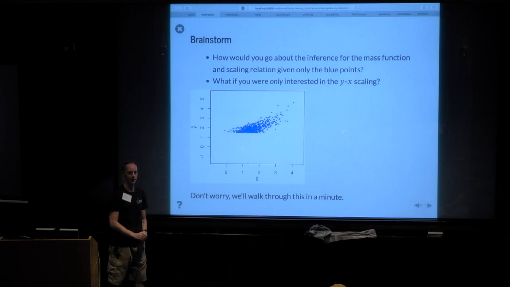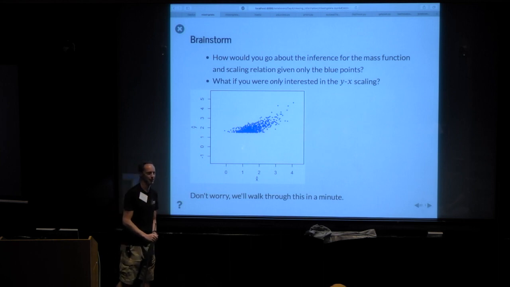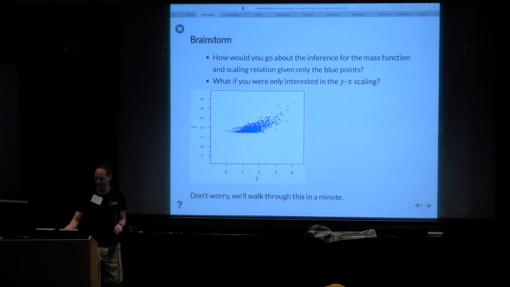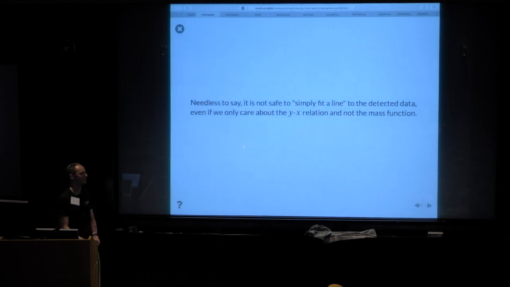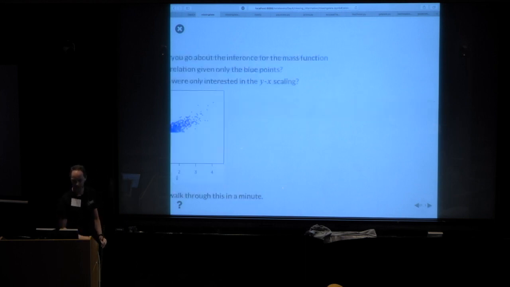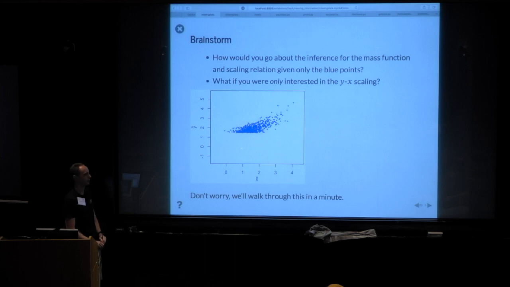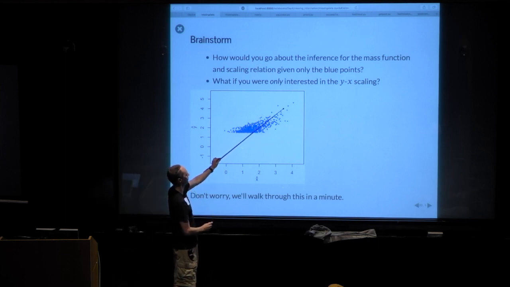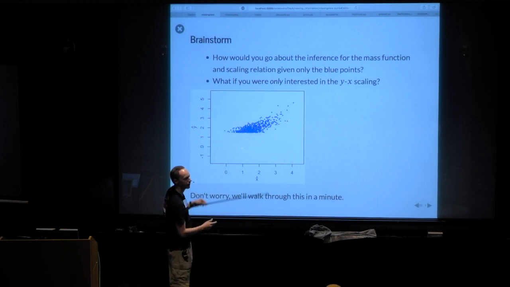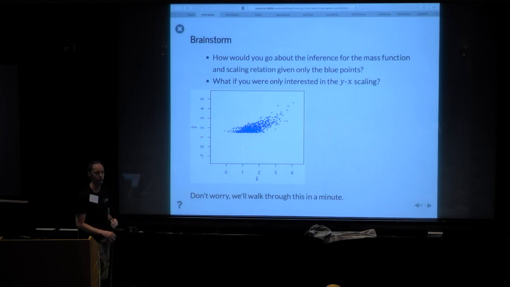We don't have time for me to go down a list of things that people thought were right that would get around this that aren't. But we will go through the correct answer. Needless to say, simply fitting a line, like minimizing chi-square, doesn't work. Visually you can probably imagine why, because you saw the previous plot where the actual underlying scaling relation was this, and if we fit these points, we're definitely going to get something like that. And likewise, just using the likelihood function that we saw up here before, which is pretty close to just fitting a line, is not going to work.